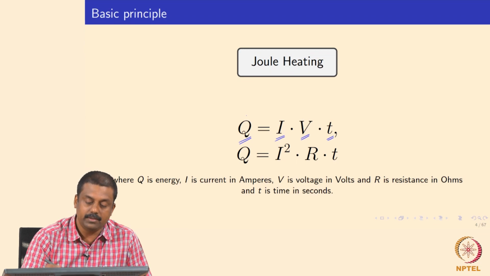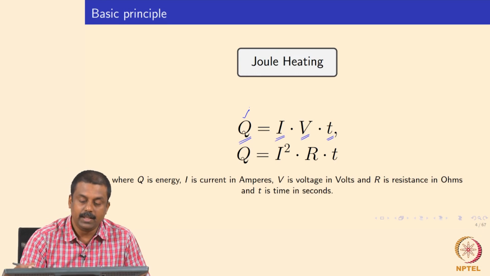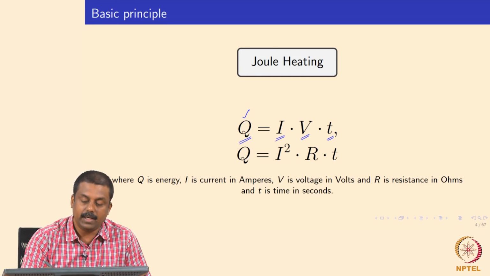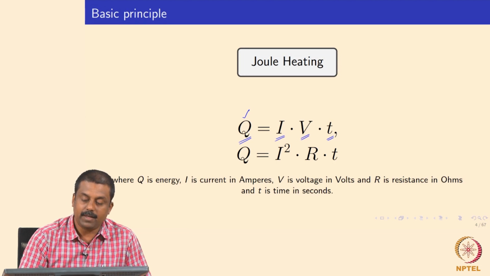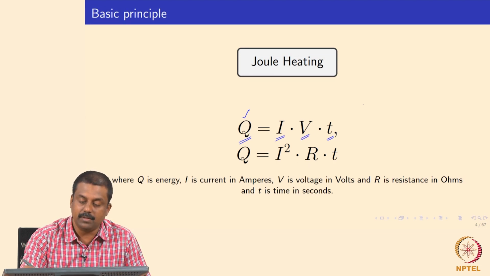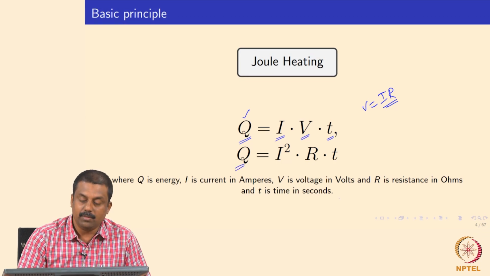So in this equation, Q is in joules, or it can be calories as well if you are converting it. So joules are generated by passing a current of a given amperes over a potential difference of V volts for a given time. That is the amount of heat we have to generate in a typical resistance spot welding. We can change this equation: V equals IR, so V can be replaced with IR because the resistance can be measured easily. Then the actual heat generated, in joules, is I squared R times T.